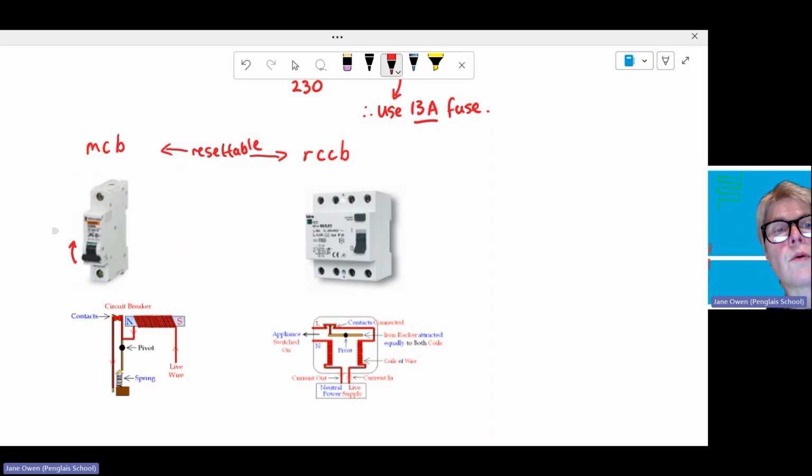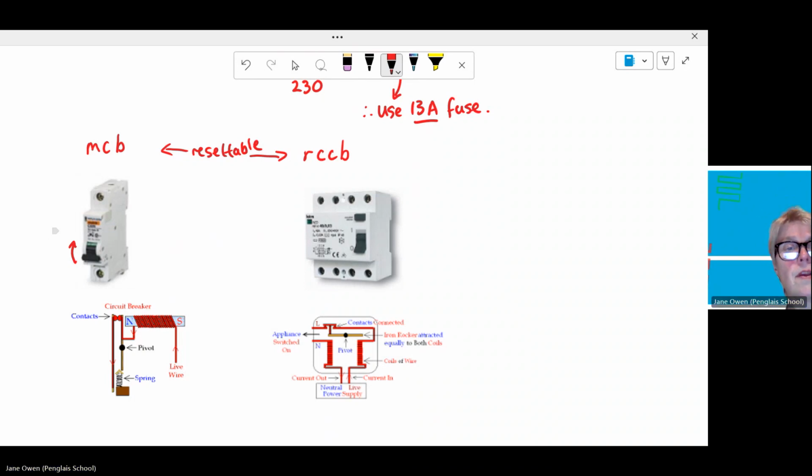But it is also very quick and easy, because you can go straight to your fuse box, wherever it is in the house, and see which switches are down compared to those that are up, and reset them. So for example, if you've got a fault with your kettle, it might trip the fuse box, but it'll only trip one of the miniature circuit breakers. You go to the garage or utility room or the kitchen, wherever your fuse box is,